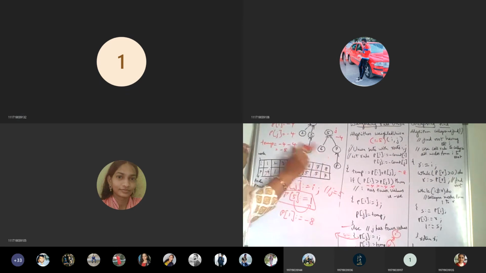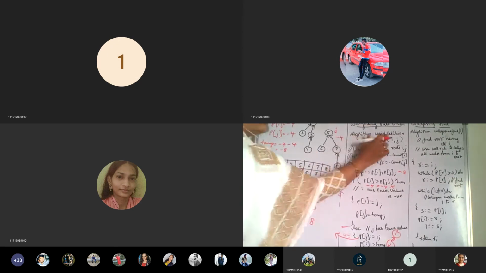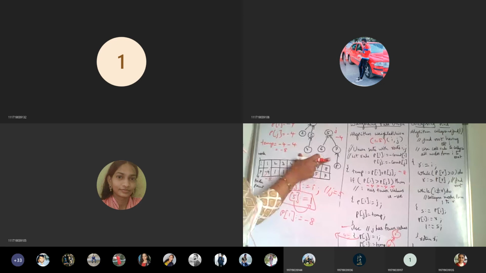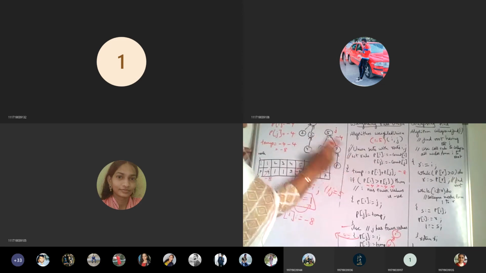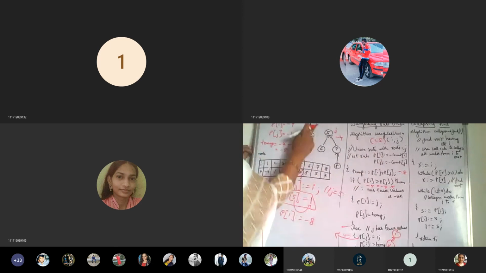So what we are taking in algorithmic way, in general, we are writing the algorithm for weighted union. Based on the weights we are going to perform the union operation among two disjoint sets. So we have two disjoint sets, that is I and J. So here my I and J are nothing but 1 and 5. Okay. So here what we are doing, so what is the weighing rule of P of I?